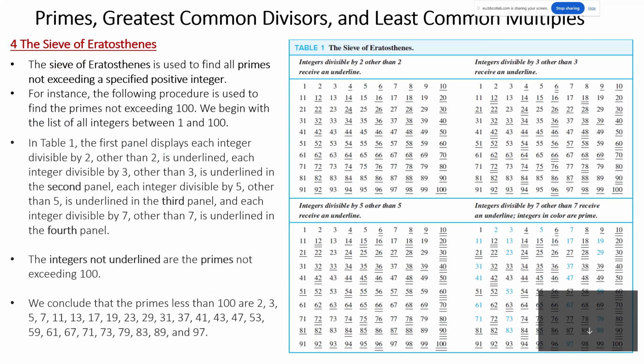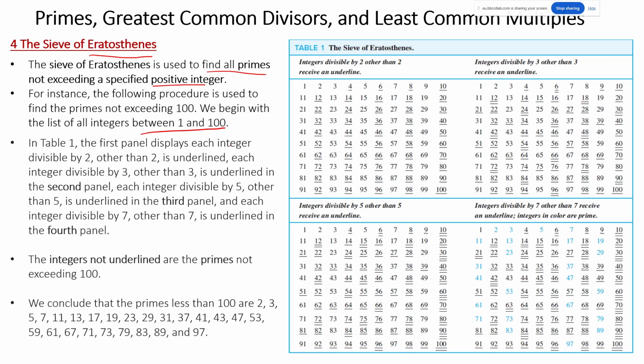Okay. Now there's the sieve of Eratosthenes. That's a kind of weird name, but I'm guessing this is the person who found out this way how to find all prime numbers not exceeding some integer. Let's say I would like to find all the prime numbers between 1 and 100. I'm not going to be using GPTs or Google search, because now Google search also uses the GPTs. So the sieve of Eratosthenes